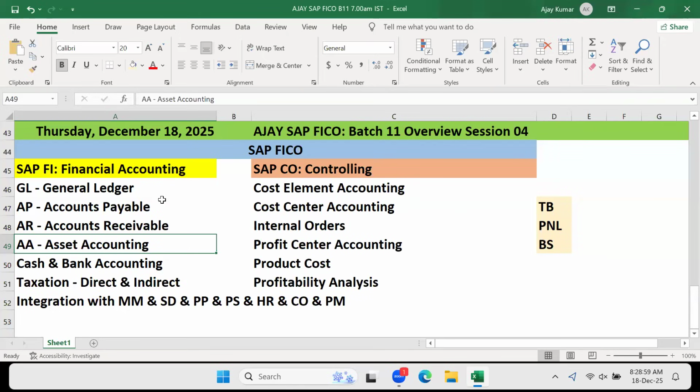When you're talking about sales, there are different kinds of sales. You may be selling locally, you may be selling internationally, you may be selling to your staff, you may be selling to your intercompany. In which scenario, which GL account is to be taken? That's where you'll have to decide. When you're writing an accounting entry, it's not just writing debit credit. You should know which account to be debited, which account to be credited, what cost center, what profit center, and what amount to be taken. There are so many parameters. In this case, would we be working with the SD team? Yes, you will be working with the SD team.